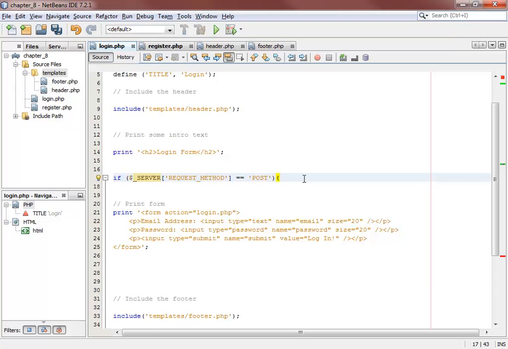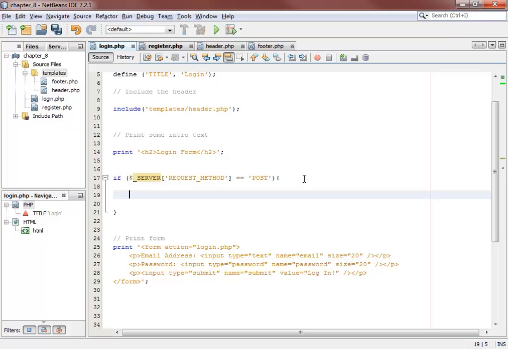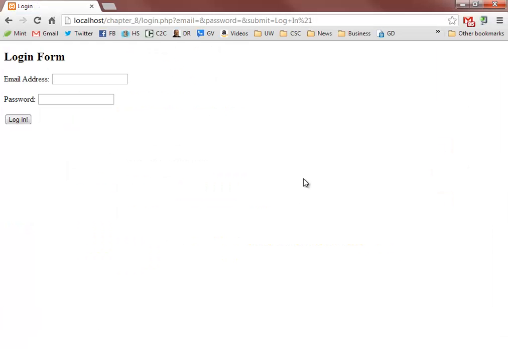So if the server request method is post, here's what I want to do real quick. I just want to print out something like this. I'm going to print an H3 size heading that says, once I learn how to type here, in all caps, form submitted. Now I'm going to continue to process the form, but this will help here. Alright, so the form has not been submitted, but once I click login,